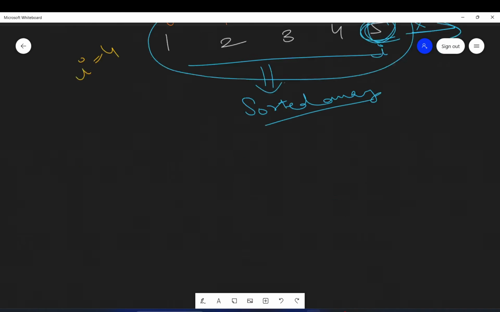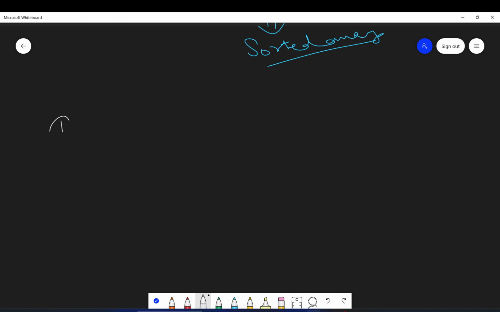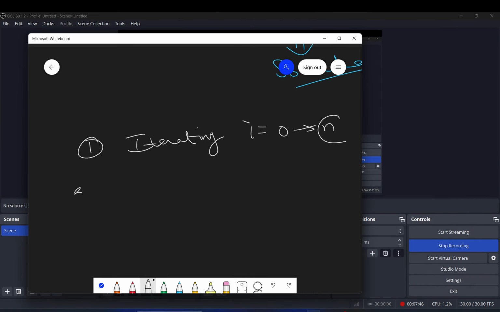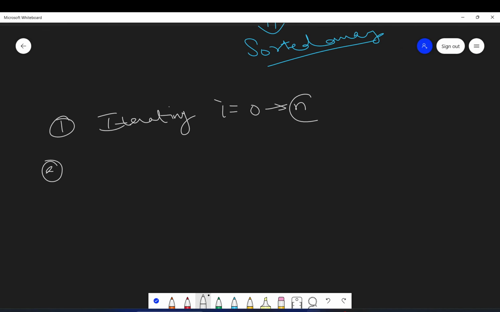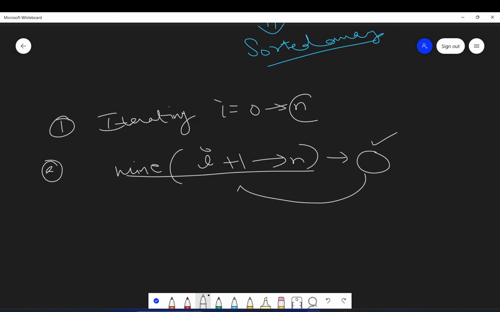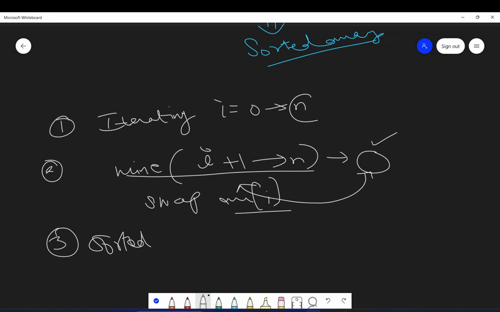Okay. So basically every time what we are doing is iterating. So first point, we are iterating from I 0 to n, excluding n. And after that, in every iteration, what we are doing is we find the minimum element. We traverse from I plus 1 till n, we find the minimum index element, and we swap it with I, ARR of I. At last, we will find out the sorted array. Okay, I hope you understood the algorithm.